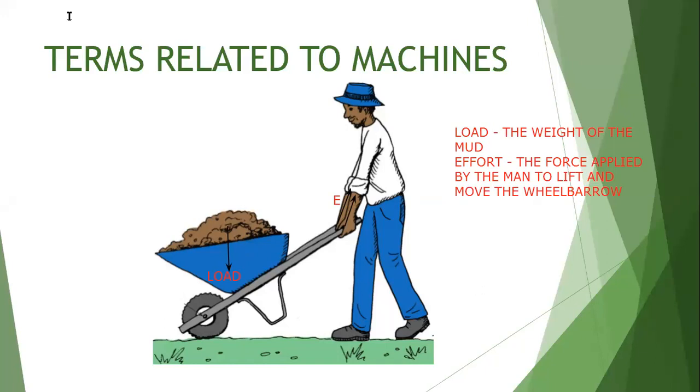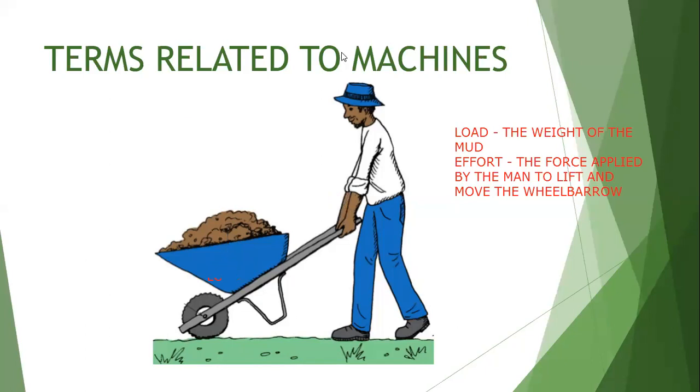So from now onwards, in all the diagrams we are going to see, you should quickly figure out what is load and what is effort. Then you have to write L at the point where the load is, and E at the point where the effort is. Right now in this diagram, I have written E here. So this is the effort, and for the entire weight, assume the center of gravity is here. So this is the load.